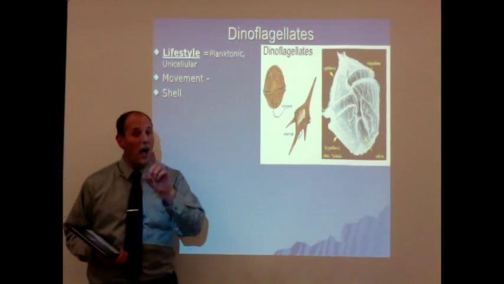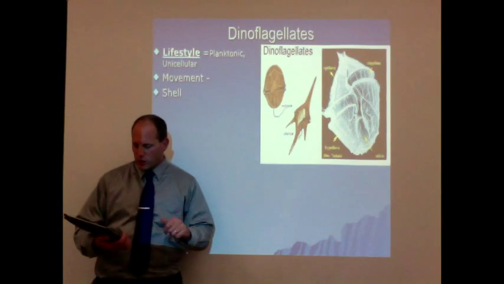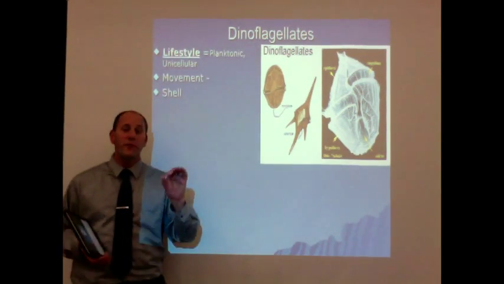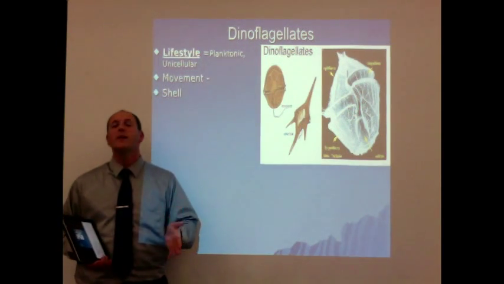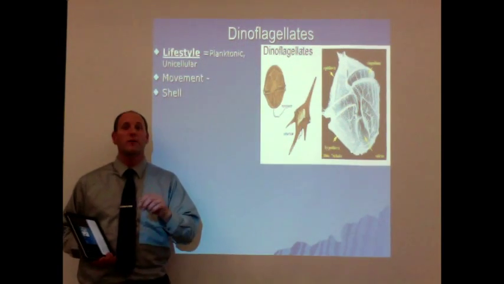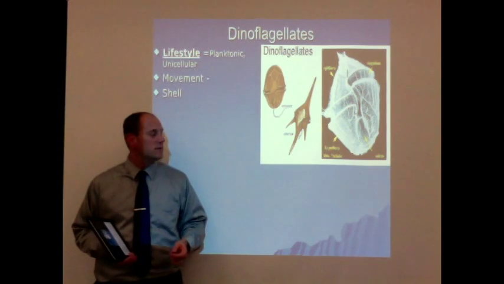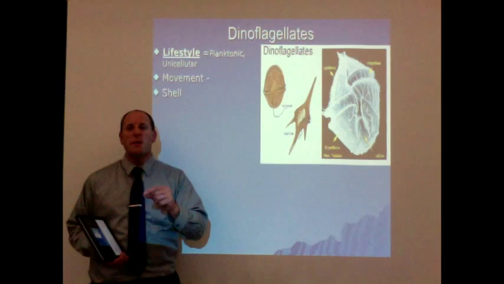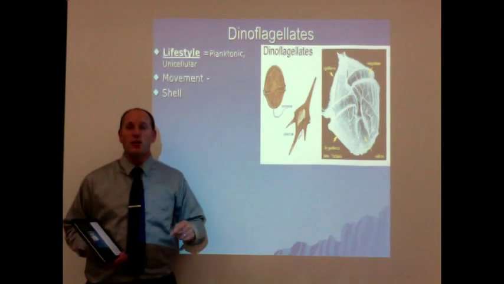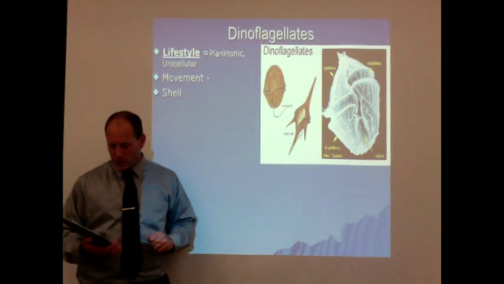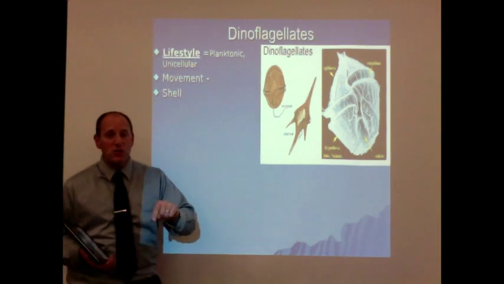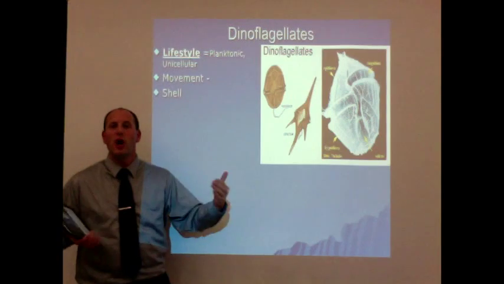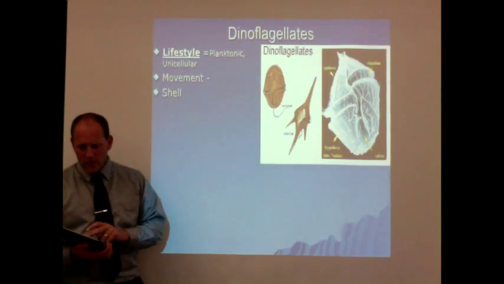Their shell, a different type of shell. Their shell is actually made up of cellulose, which is the same fibers made from sugar, carbohydrates. They're the polysaccharides. This particular cellulose shell is the same stuff that plants use to make their cell walls. So these particular organisms have a relationship to the land-based plants. They're using the same structures on the outside.